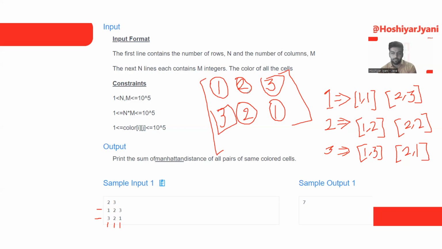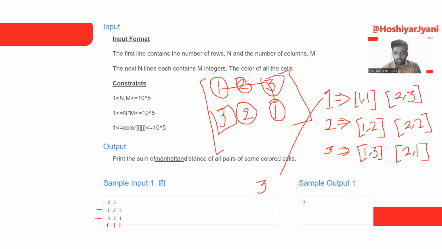In this question, we find the sum of the paths of these colors. You can see color number 1 is present here and the other is present here. What is the distance between the 2 colors? I am writing 1, 2, and 3, so the distance for 1 is 3.